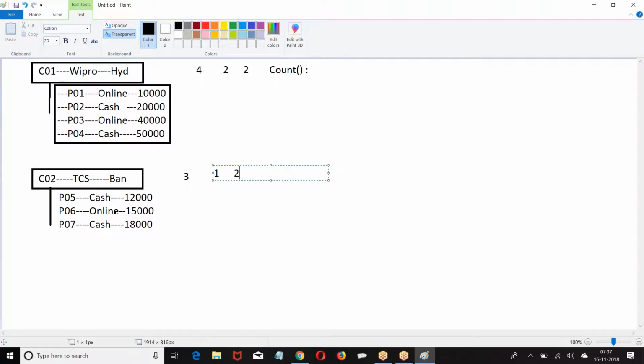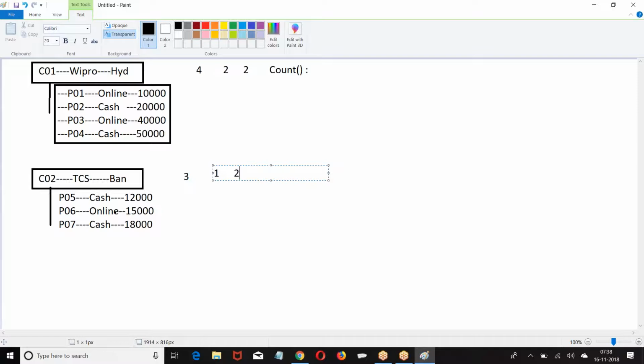So it is not necessary that I have to take every child record in the relation. I can apply a condition. Now count means count of number of child records participating in the roll-up summary relation. Now I told, take only online records. Then on the top we get 2, at the bottom 1. Take only cash records. On the top 2, on the bottom 2. Take all the records. On the top 4, at the bottom 3.